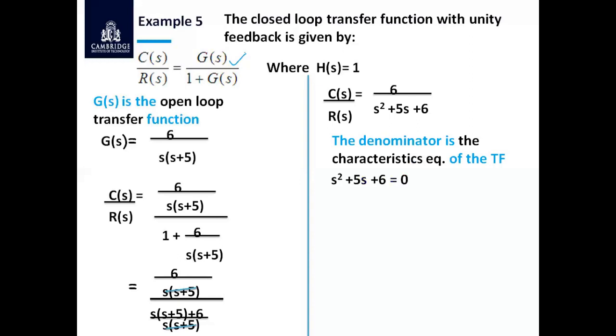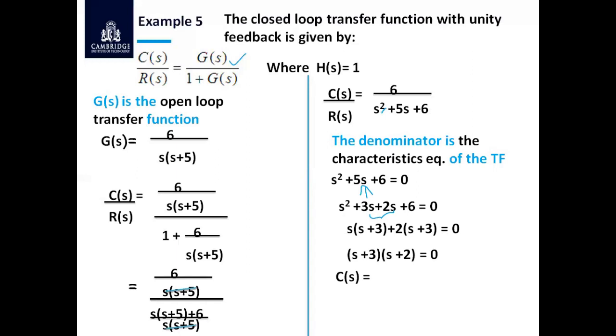s square plus 5s plus 6 is equal to 0. So I can rewrite it as s square plus 3s plus 2s plus 6 is equal to 0, since 3s plus 2s is 5s. I'm just rewriting it to represent it in the form of a whole equal to 0. So we can take s as common outside: s into s plus 3 plus 2 of s plus 3 is equal to 0. So finally you can obtain s plus 3 into s plus 2 is equal to 0. So it is very clear that we have two poles, hence it is a second order system. And the highest power of s in the denominator is 2, hence it is a second order system.